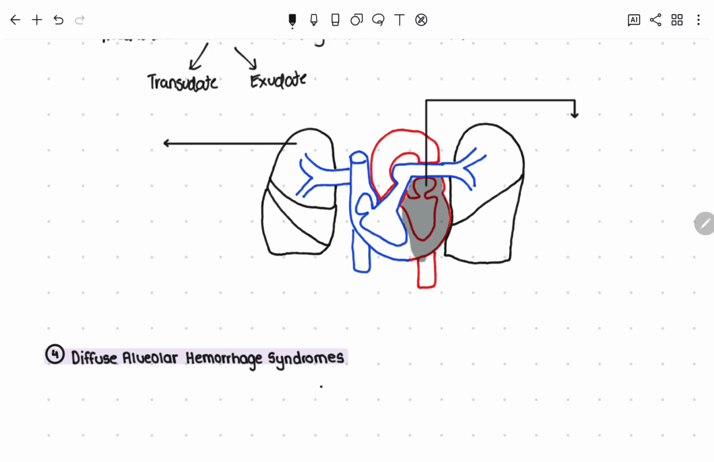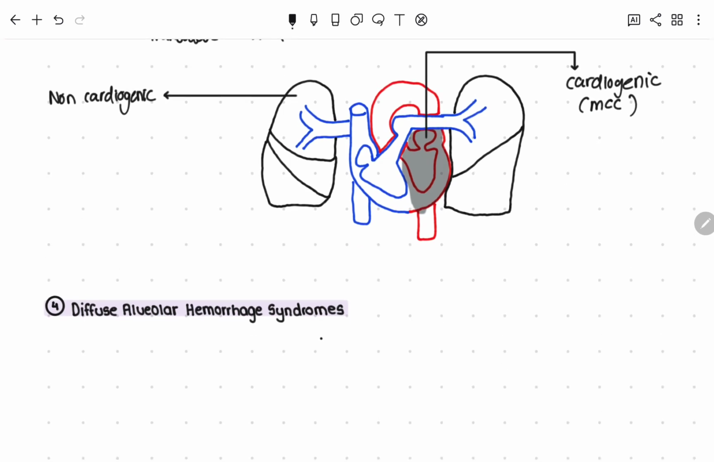And so as far as etiologies are concerned, it can be divided into non-cardiogenic, so pulmonary edema that occurs with absolutely no relation to any problems with the heart, or cardiogenic, where a cardiac pathology is the reason why pulmonary edema occurs, and this is the more common cause of pulmonary edema. So non-cardiogenic rather